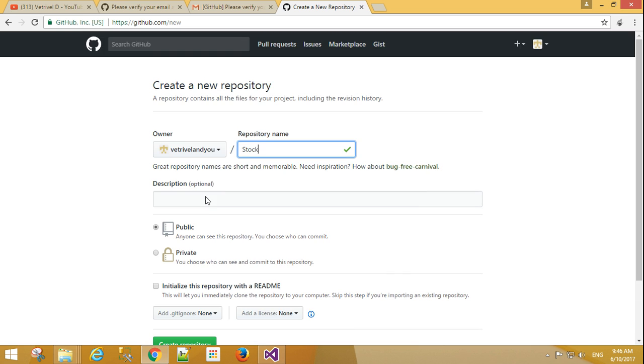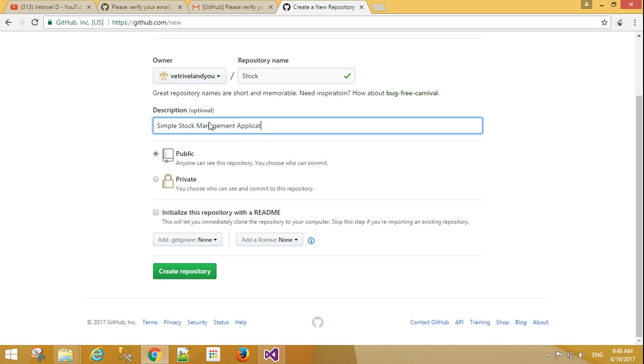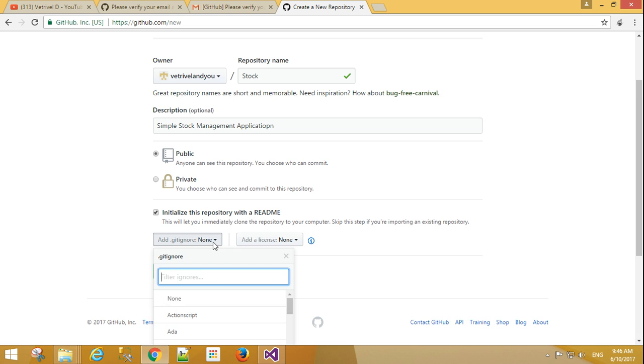This is my repository name. I am selecting the public repository. Optional name, this is a simple stock management application. Simple stock management applications. So here I will select initial readme files I need, okay, and I will select